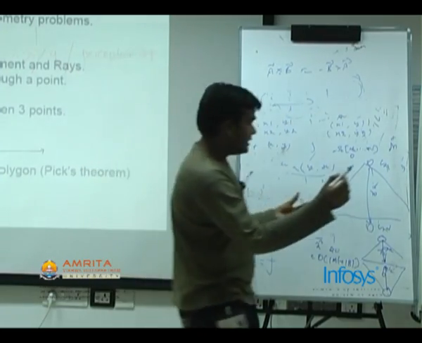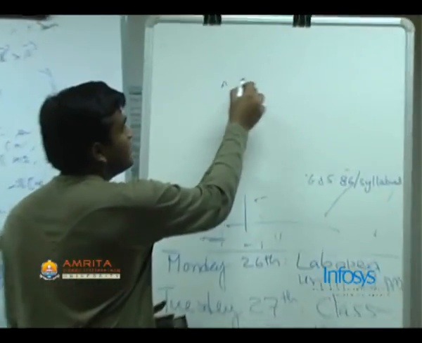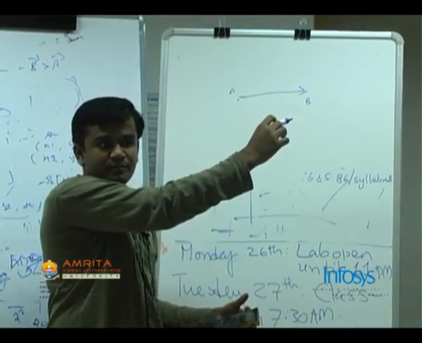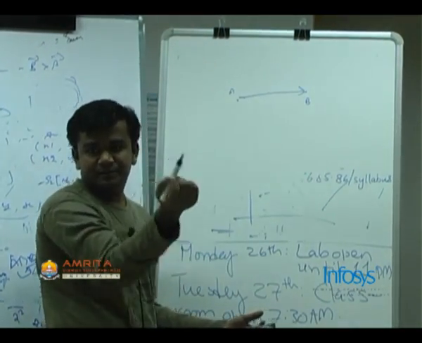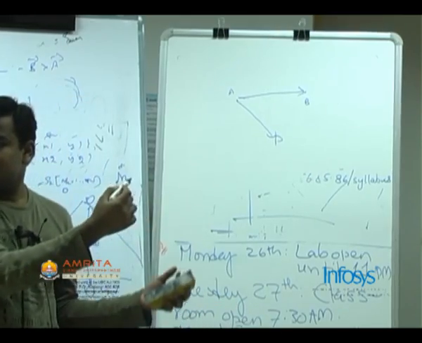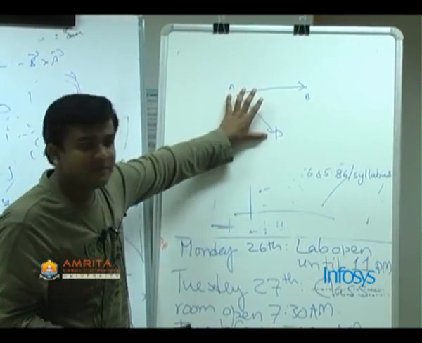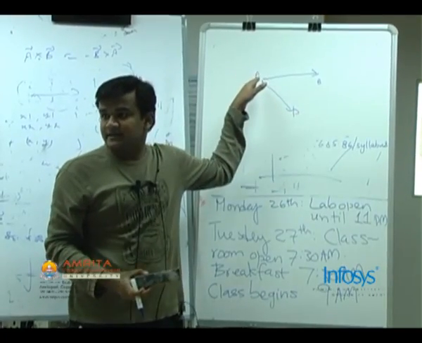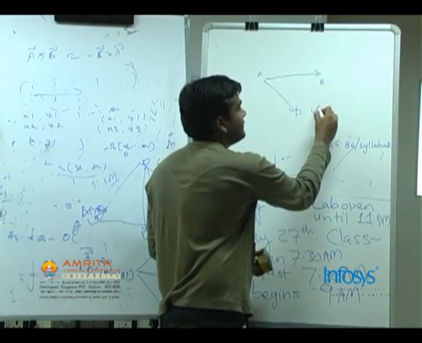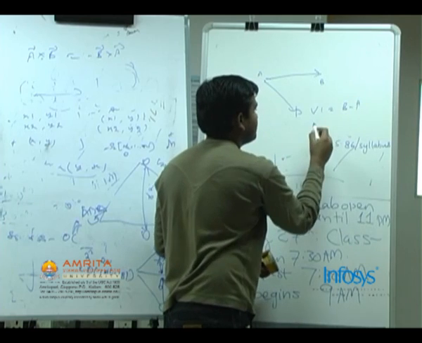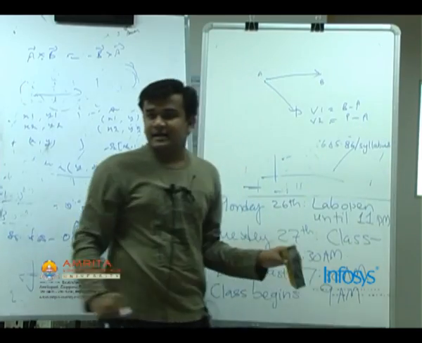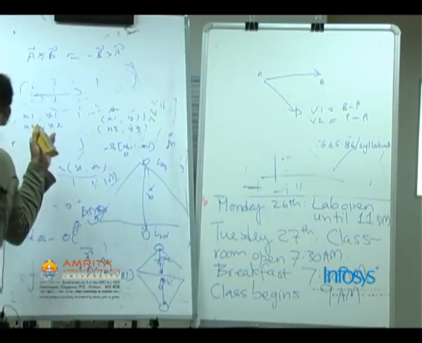The other method is, if you have this vector, let's say this is point A, this is point B, this is a vector from A to B, and let's say your point P is somewhere here. So you draw another vector from A to P. The value of this vector will be given as b minus a. Is that clear? So we have two vectors. v1 is b minus a, v2 is p minus a. Is that clear? You can take a to be any one of these points, it won't matter.